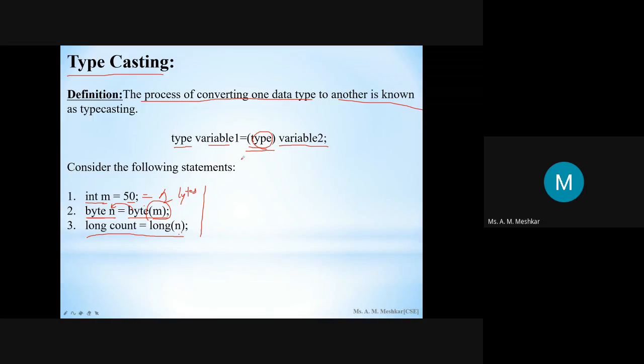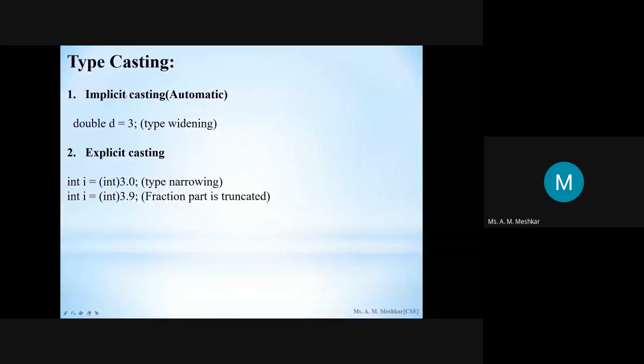ठीक है, टाइप कास्टिंग के दो टाइप्स हैं, ऑटोमेटिक कन्वर्शन और एक्सप्लिसिट। एक्सप्लिसिट मतलब मैनुअल। इम्प्लिसिट कास्टिंग, एक्सप्लिसिट कास्टिंग। इम्प्लिसिट कास्टिंग तब होती है जब आपका सोर्स वैल्यू जो है वो ऑलरेडी लेसर साइज डेटा टाइप से लार्जर डेटा टाइप में कन्वर्ट हो रहा है, तो वो ऑटोमेटिकली हो जाता है। जैसे इस एग्जांपल में आप देख सकते हो double d = 3